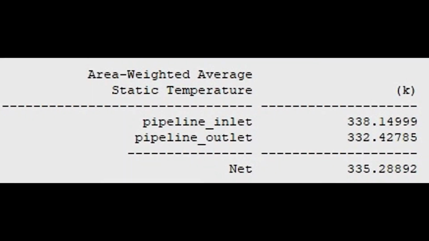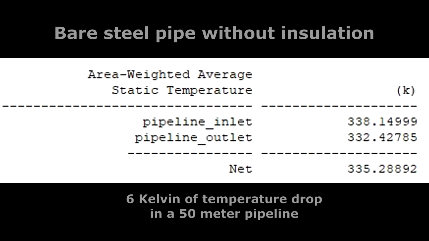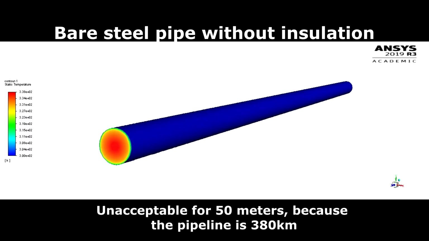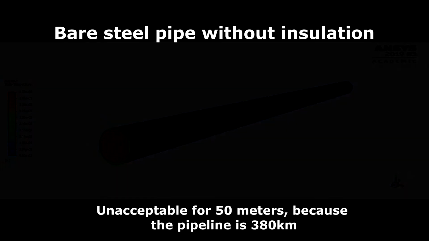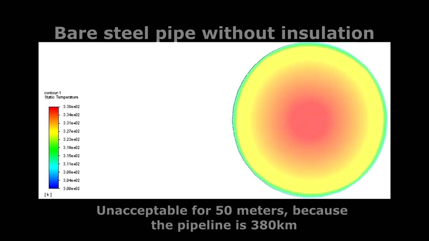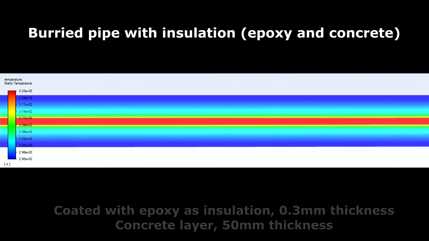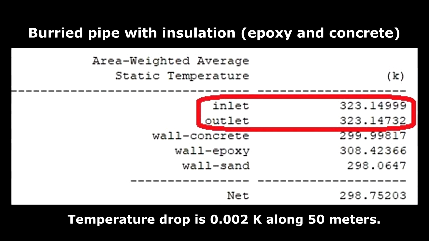From our 4 case studies mentioned earlier, the bare pipe, which is the benchmark of our simulation, gives a significant temperature drop of around 66 Celsius for a 50 meter pipe. This is unacceptable because our pipeline is 300 km long, and that drop in 50 meters is unacceptable. While for the buried and insulated pipe, the temperature drop is very small, about 0.002 degrees Celsius